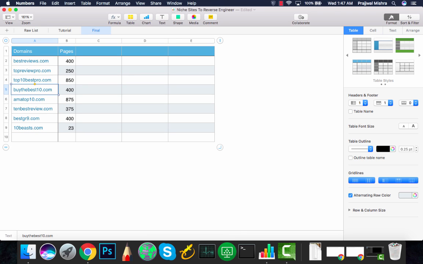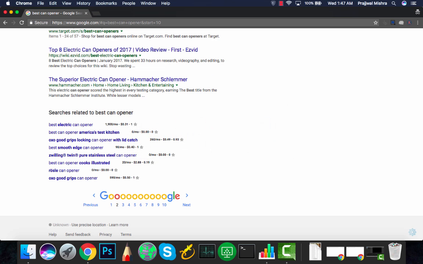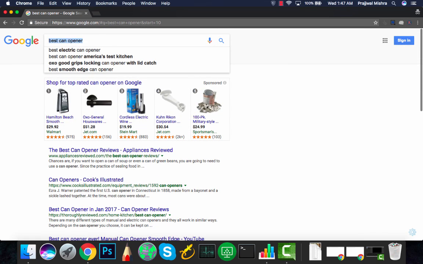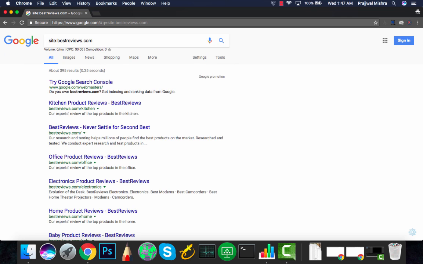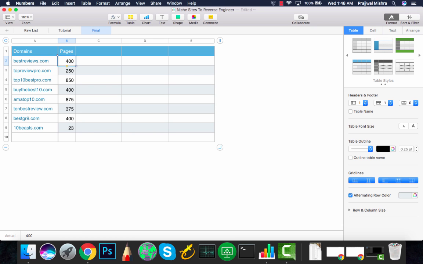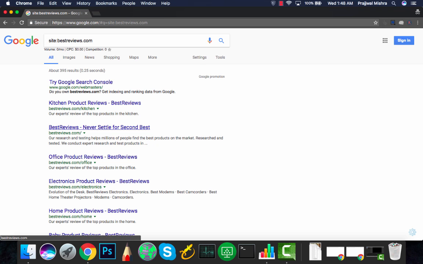Okay, and then you are going to find how many pages a site has. So for that, you will just copy the domain name and go to Google and search site colon and that site's URL. Okay, so you will find that this site has almost 395 pages. So I have kept it approximately 400 pages. Similarly, I found the number of pages for all these sites. So okay, you can just go to the site and